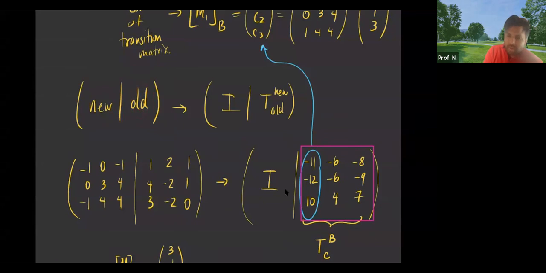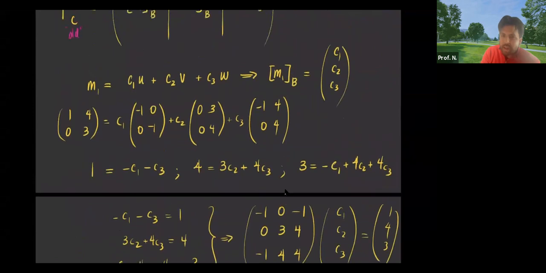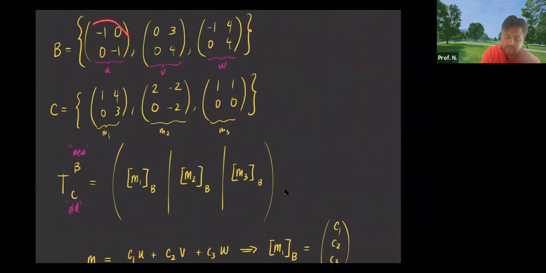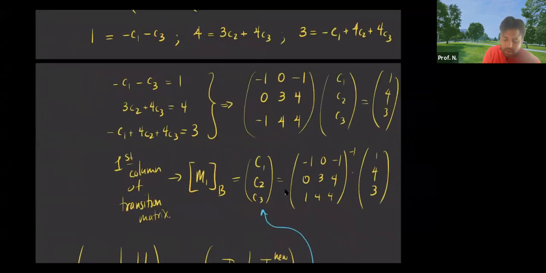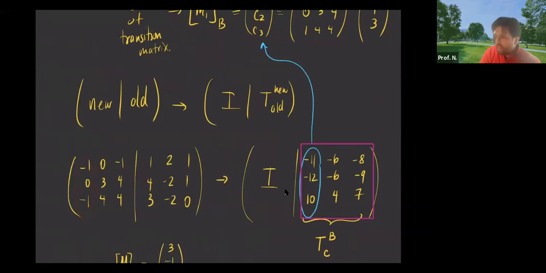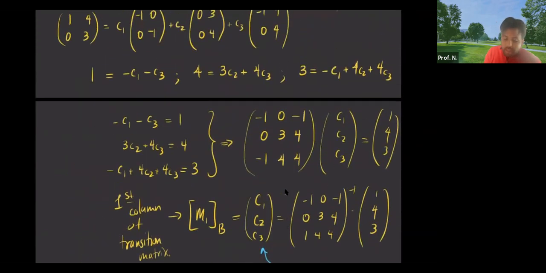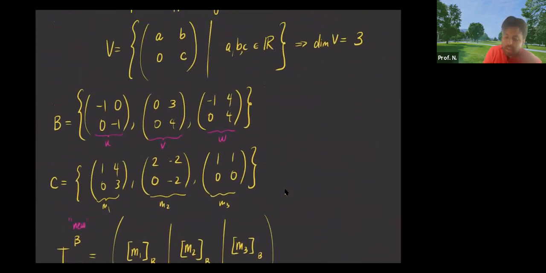You find the row reduced echelon form of this augmented matrix. What you get is the identity on the left side, and on the right side you get the transition matrix from the old to the new. That's the procedure. But I had to do that to matrices, which is a little clunky. How do you do that if a matrix has 4 components, and they're telling you it's a 3x3 matrix? Well, the thing is, because it's a vector space with dimension of 3,